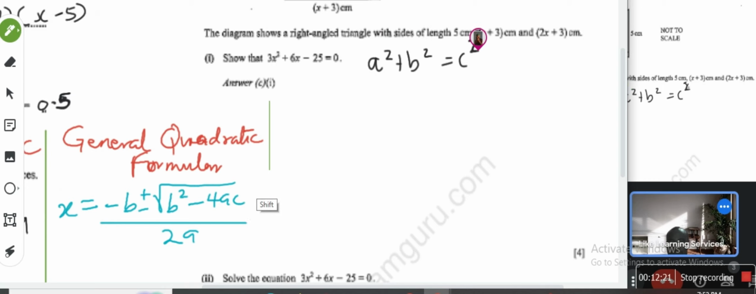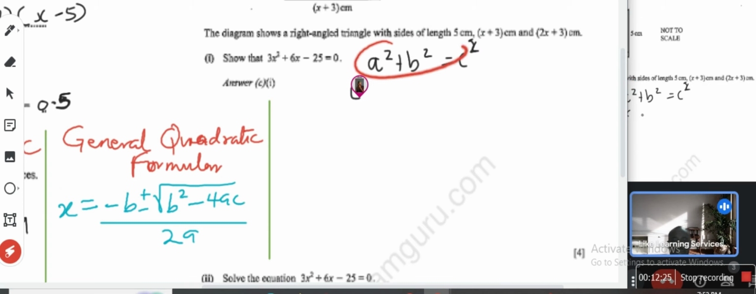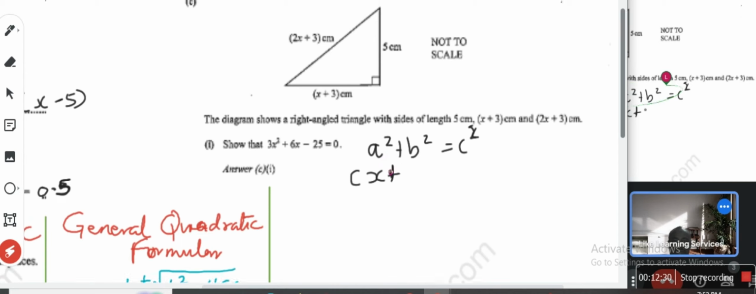Pythagoras theorem. That's correct. A squared plus B squared equal to C squared. Where A and B are the